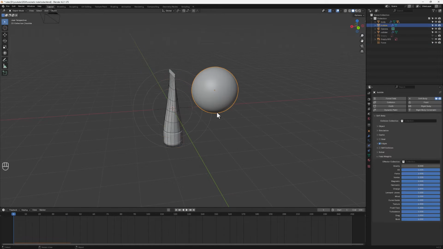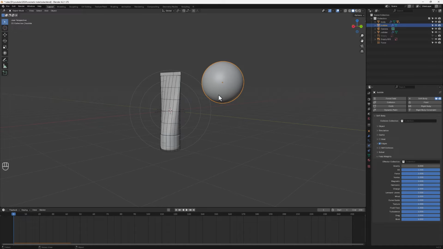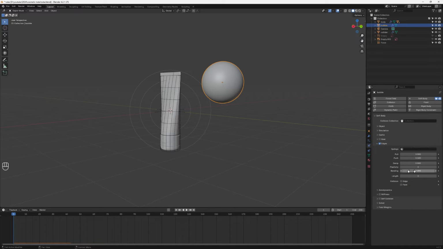So let's go back once again, then let's see how we can add in some stiffness to make it bubbly. As you can see, it's squashing totally. So let's just maintain some bubbles. To do that, select our sphere, then let's go to our edges, and then let's add in some bending. So let's add in some bending of 3, and then let's hit play to see what we have, right? As you can see, it's affecting nicely. So let's go back, and then let's just add in stiffness, then hit play to see what we have,